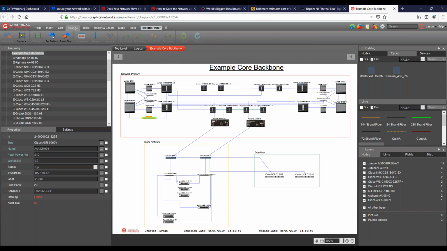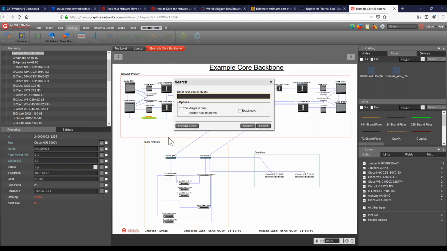So when you do have all this data assembled, one of the things you can certainly take advantage of is doing things like a search or doing reports. We have the ability to go in and do a search on one diagram or all diagrams. I want to search for a partial IP address, DNS name, etc. It'll give you results, and then you can go basically to that object. So that's a big deal for people.